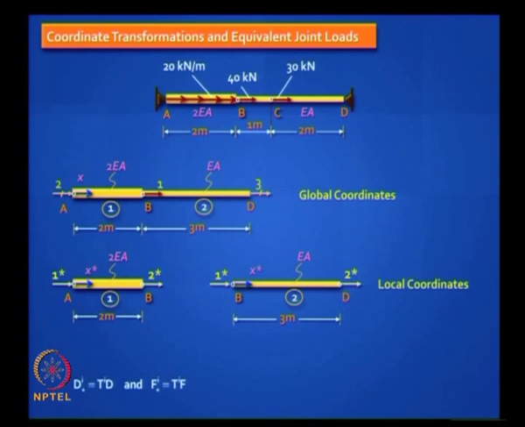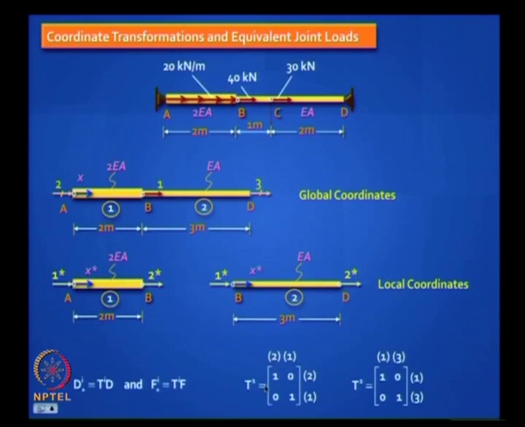This is what we need to do and it will look like this. Remember, we said the transformations are all going to be identity transformations, right? Because x and x star are aligned in the same direction, nothing to worry. So both T1 and T2 will be identity matrices. Only thing, you have to put the linking global coordinates here.